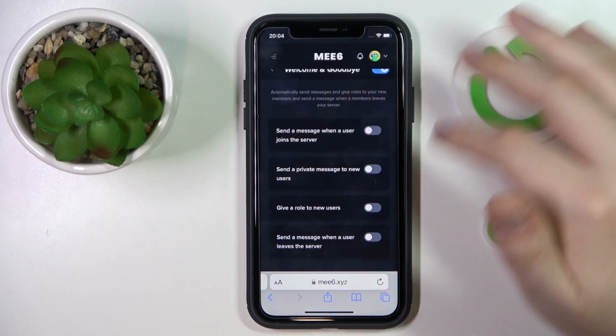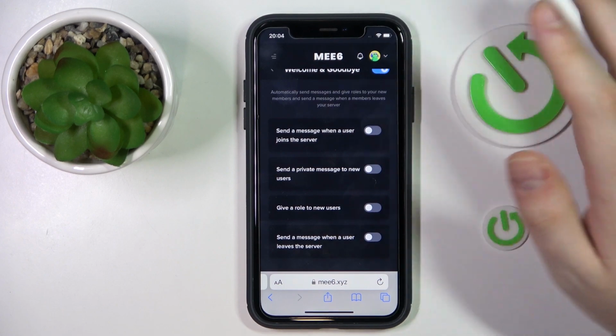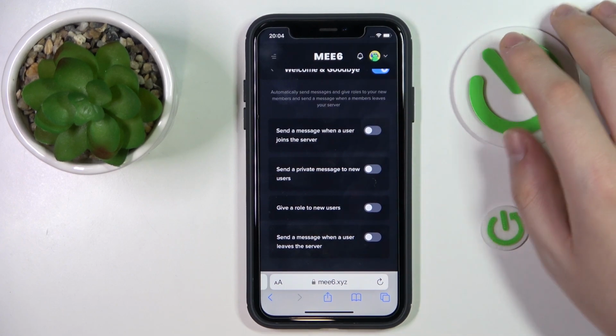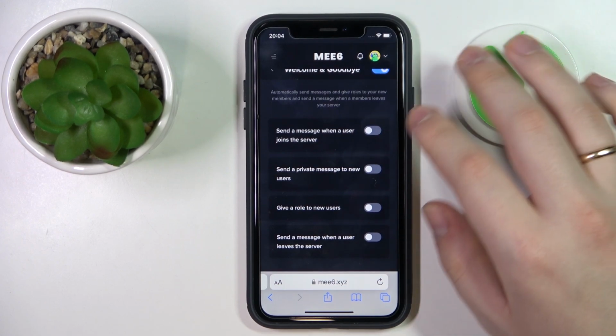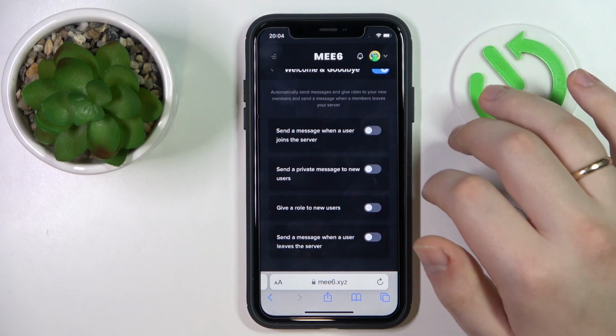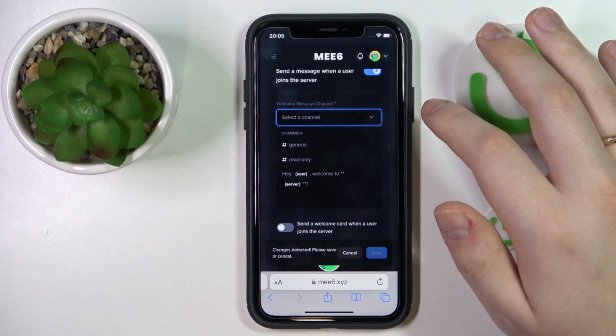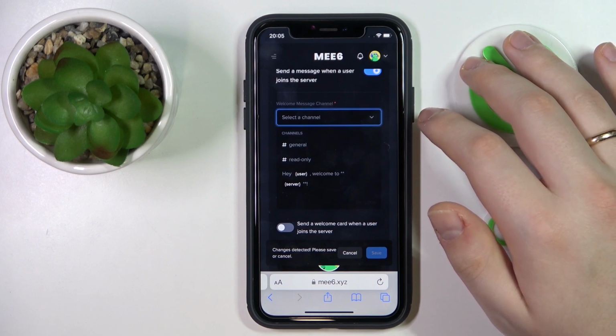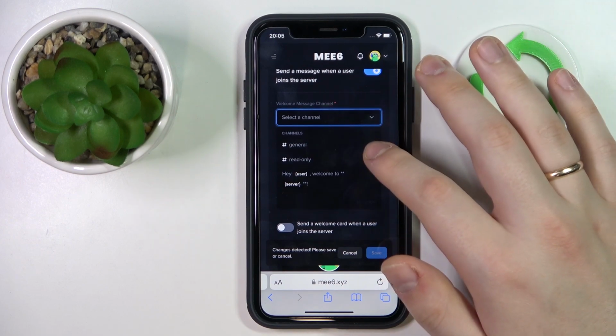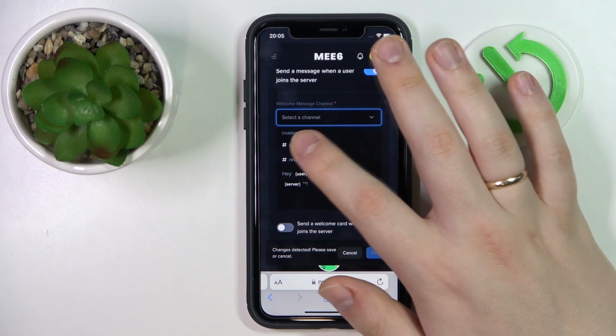then choose what actions you would like for this plugin to perform. As for right now, I'll go with send a message when a user joins the server. Then select the welcome message channel for it. So I'll go with general